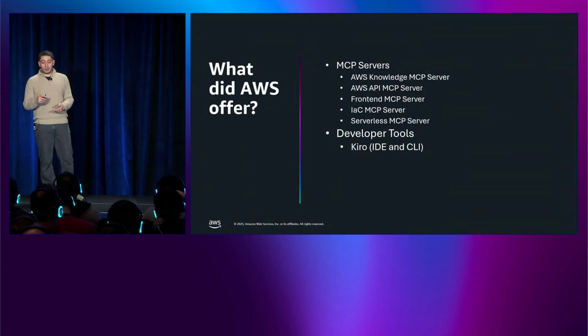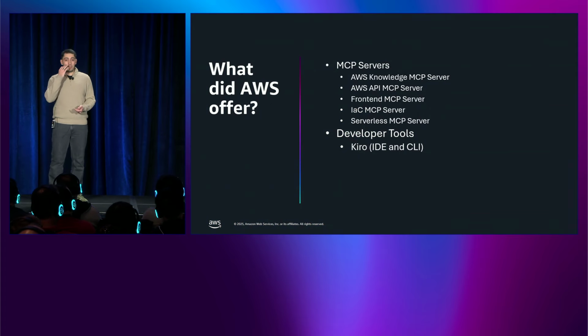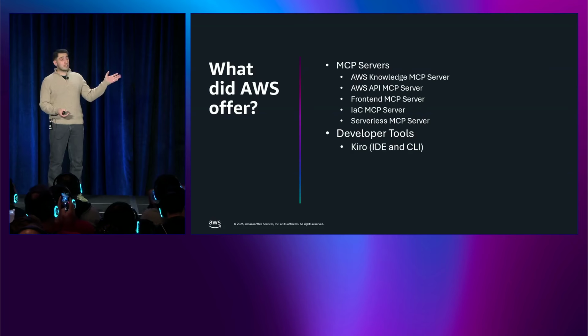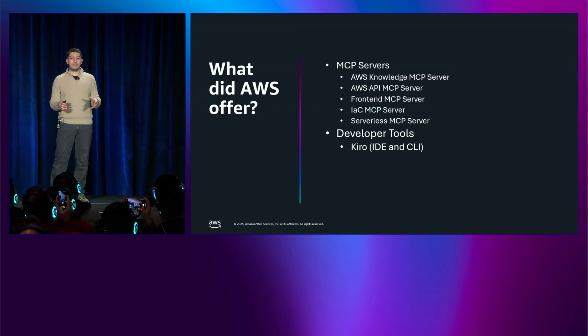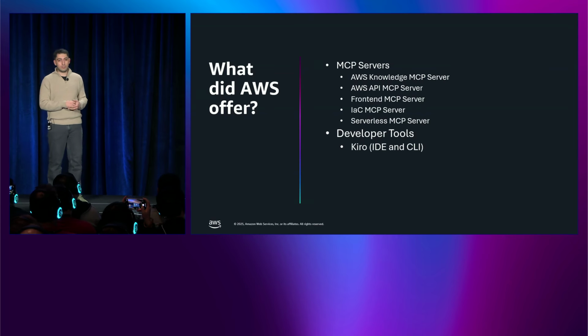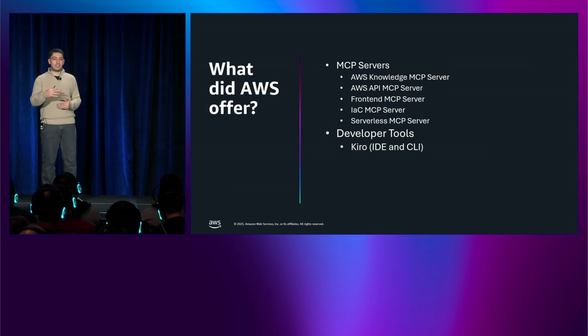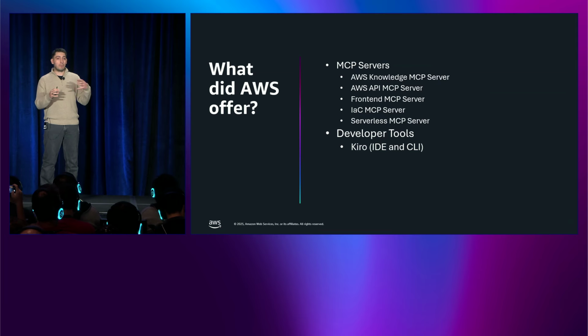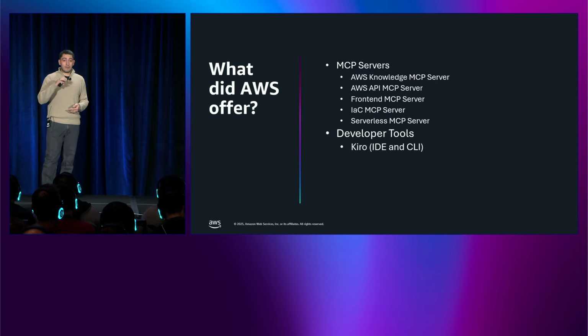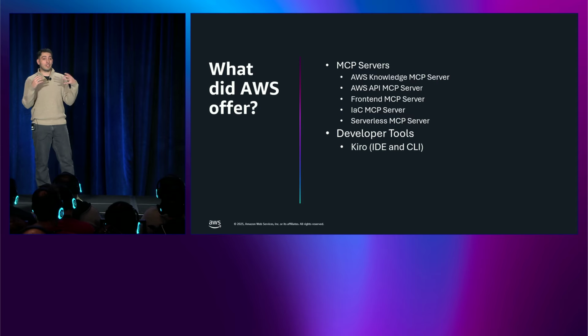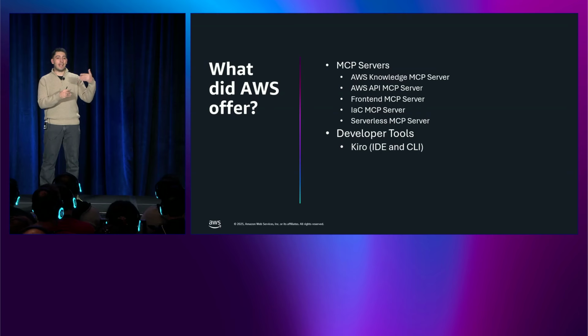To use this tool, AWS actually offered you a lot of different options, like Mark said earlier on. For example, we had Knowledge MCP that was allowing you to get some best practices or example code and so on. We had the API MCP that was allowing you to use the AWS CLI to get any information from your account, so it was doing the necessary calls for your CLI command. We also had the front-end MCP that was allowing you to build a front-end application with React and CDK in the most effective way possible. And we had the IaC and serverless MCPs as well that were allowing you to use these AI agentic IDEs or coding tools to move forward.